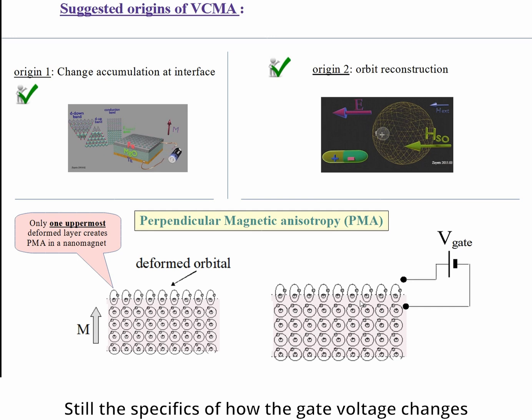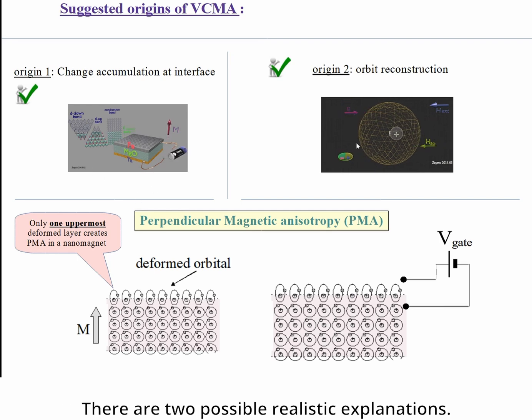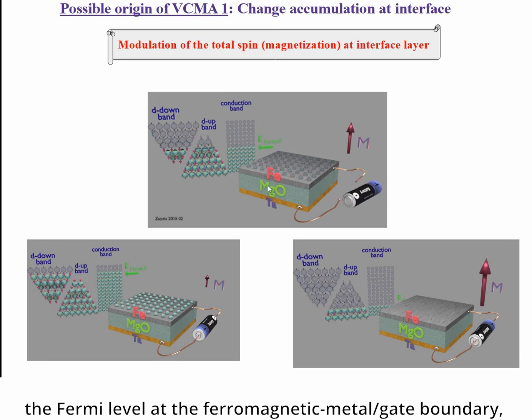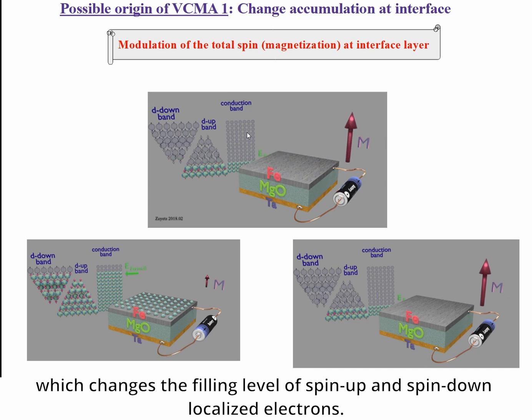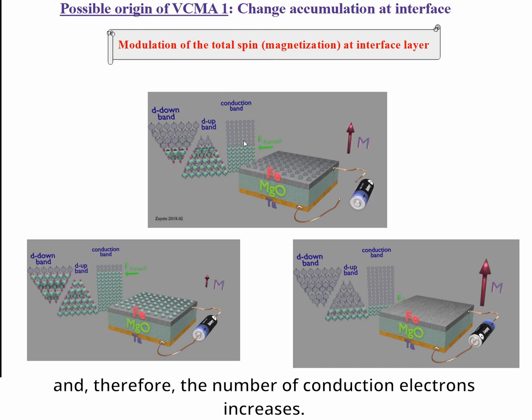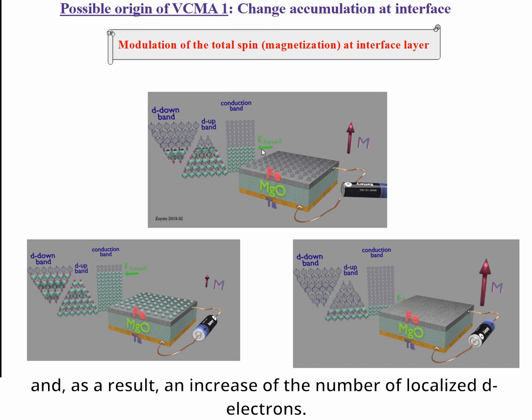Still, the specifics of how the gate voltage changes the magnetic properties of the uppermost layers are unclear. There are two possible realistic explanations. The first explanation is that the gate voltage modulates the Fermi level at the ferromagnetic metal gate boundary, which changes the filling level of spin-up and spin-down localized electrons. Under gate voltage, a charge is accumulated and therefore the number of conduction electrons increases. It leads to an increase of the Fermi level, and as a result, an increase of the number of localized